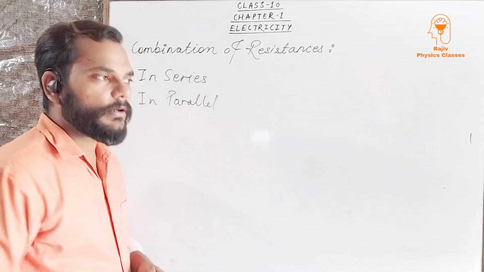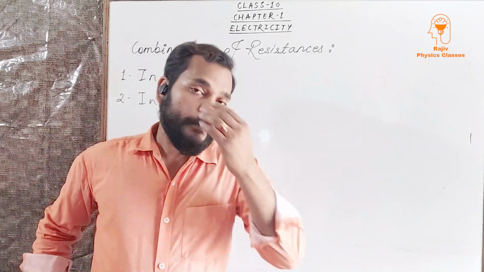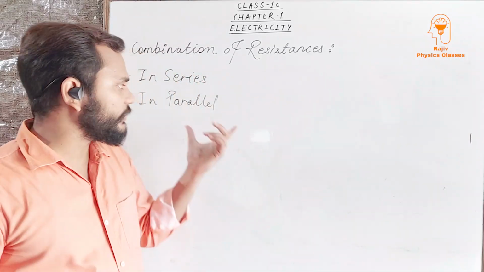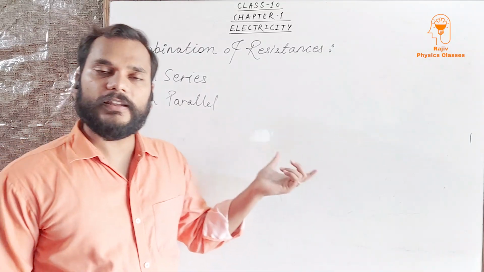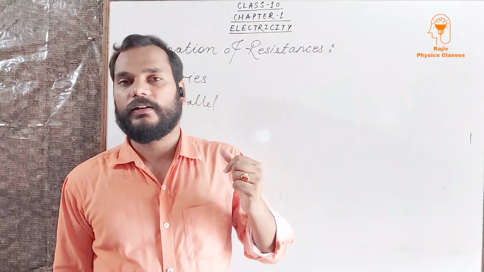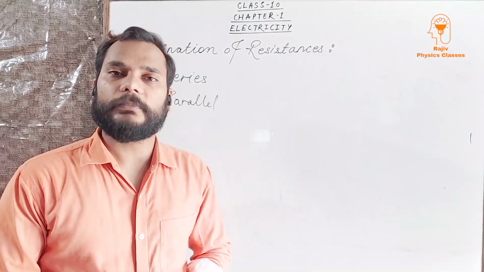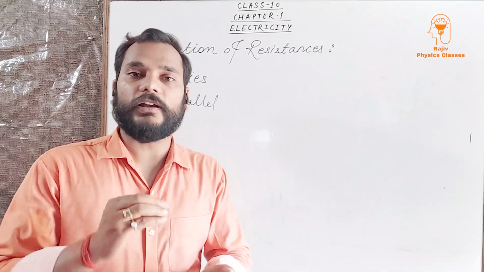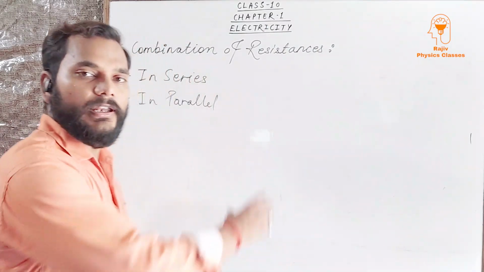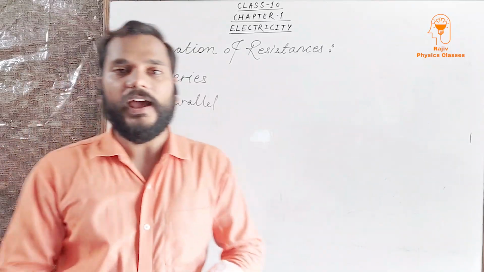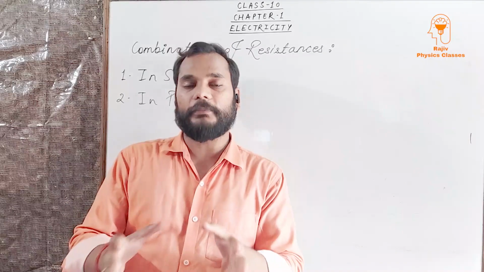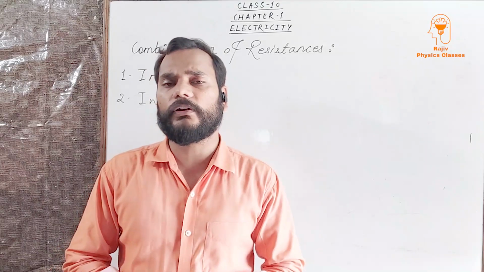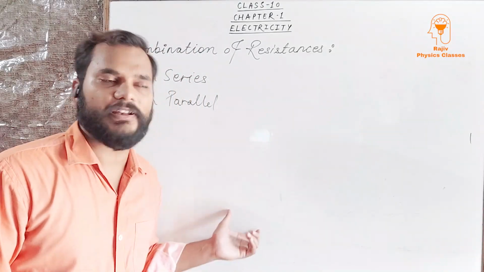Children, this is a very important topic. When we solve numericals, there are plenty of numericals based on these 2 topics, whenever the resistances are combined in series and in parallel. If you solve the complex circuit diagrams of series and parallel combination of resistances, then you need to find out the formula of combination. And here I will teach you the formula of combination in series as well as in parallel. Then at the end of this chapter, we will solve so many numericals which are based on the formula of series combination as well as parallel combination.